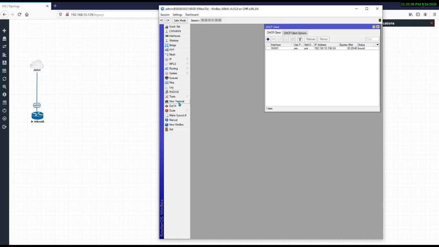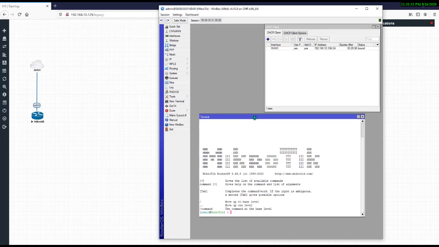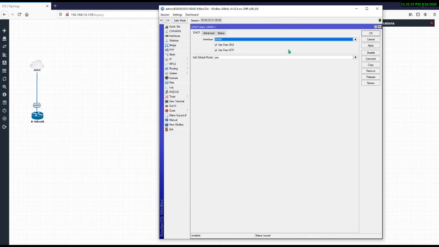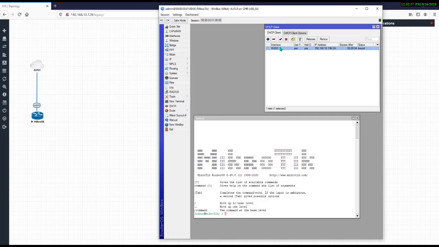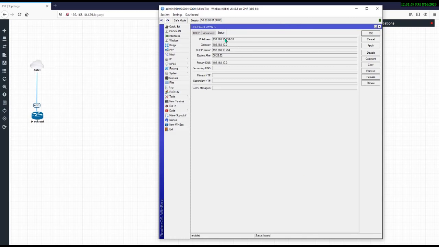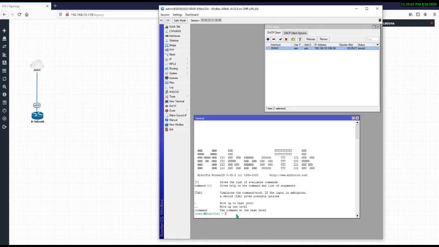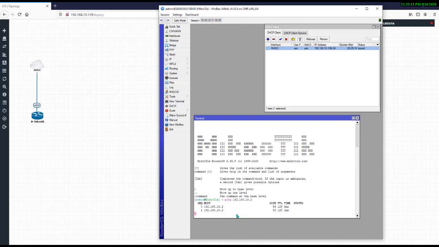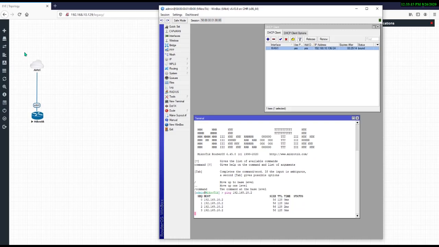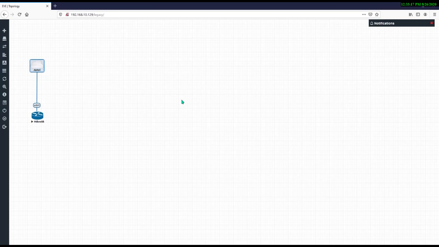Let me check whether the internet is working or not. First of all, try to ping the gateway. What is the gateway? Just double click on this interface and go to Status, and this is the gateway, 10.2. Okay, so come here and ping 192.168.10.2, and yes, it is able to reach the Airtel IP.